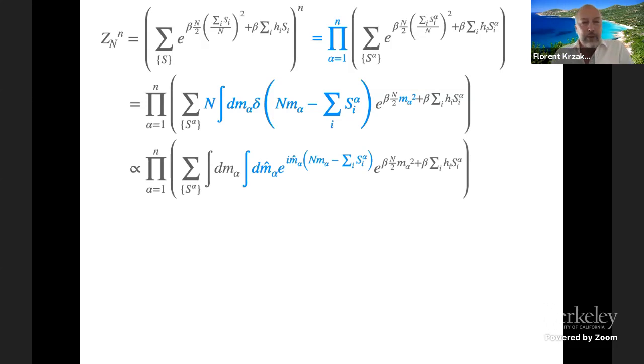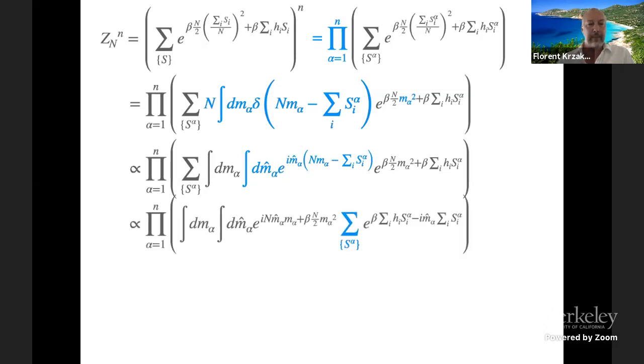All right, the way the computation usually goes, and this is a standard field theory trick that physicists use, is to say, well, I don't like deltas, but the delta is the Fourier transform of the following expression. So I'm using the Fourier representation of delta. Right, so delta is replaced by the integral over m hat, which is a very poor notation, because in statistics, of course, hat is an estimator. It's not this, but this is what is used in physics, right? We write the delta as the Fourier transform of this function, right?